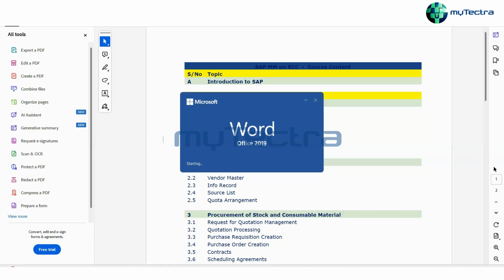Organization structure means how your organization has been built in SAP. If you are working in a manufacturing company, you will have your company name, then your head office, then the plant, and in that plant you will have the warehouse.